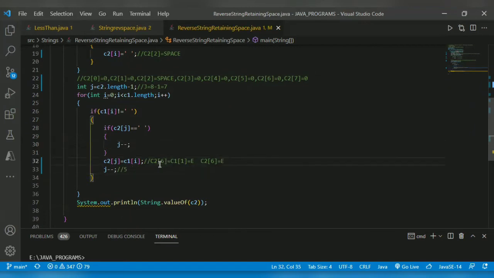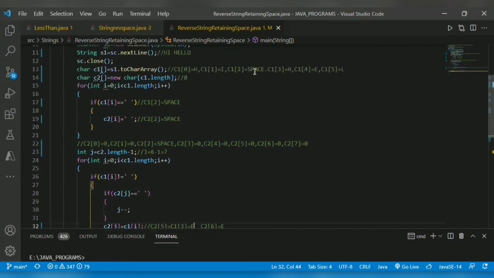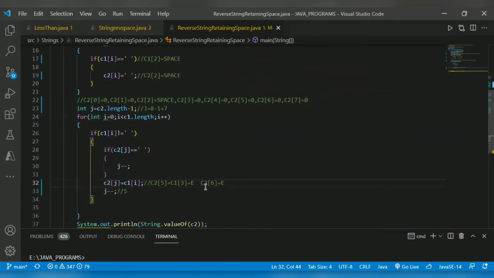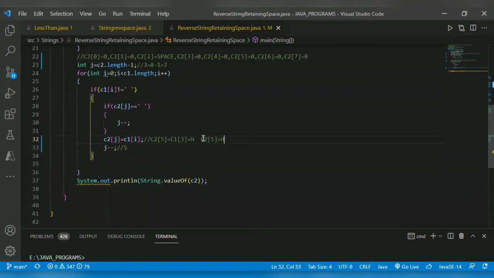Now c2 of 5 equals c1 of 3, which is H. So c2 of 5 is H. Now j will get decremented to 4.